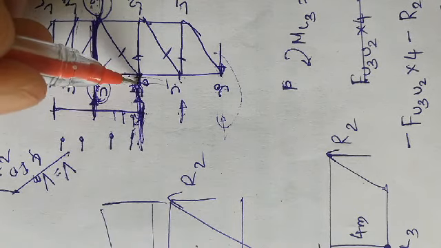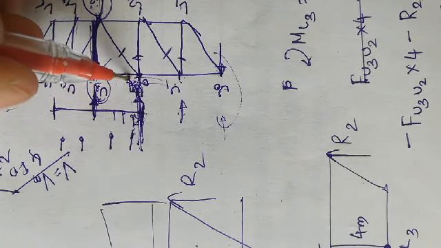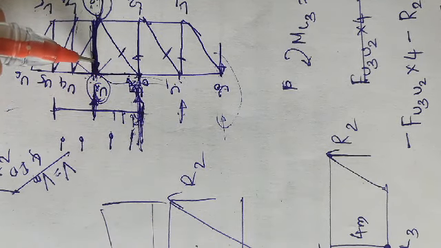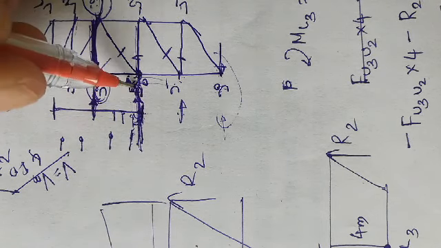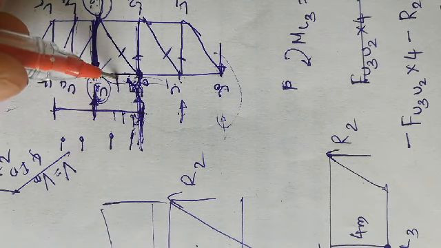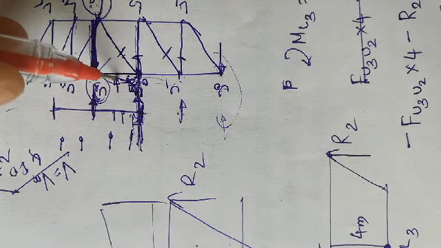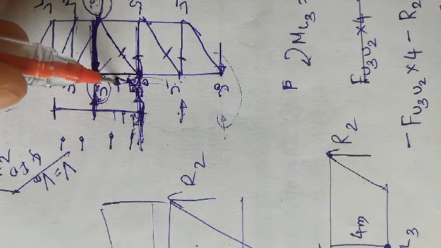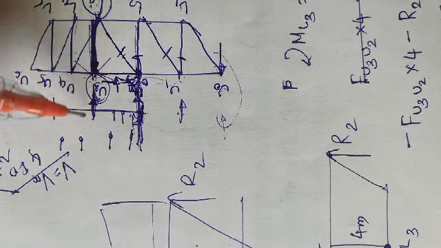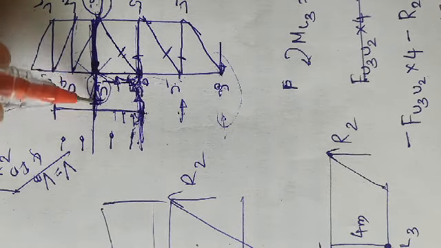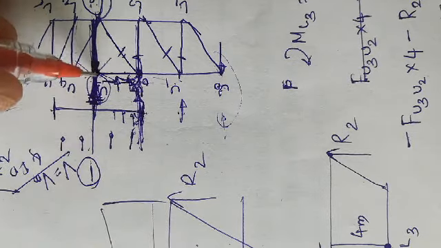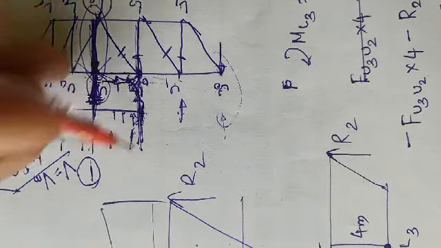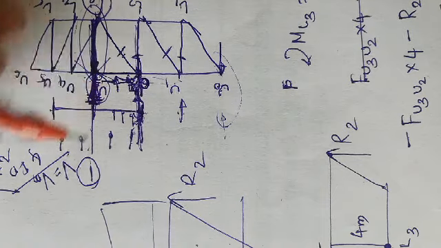When it is nearby here, what happens? The force is getting transferred to this member, and some force gets transferred to this horizontal and vertical member. Now when the load is here, some load will get transferred to these two members and some to these members, and like this when it moves forward and comes exactly at U3, the complete unit load is taken only by this member. That's why the variation is from 0 to 1.